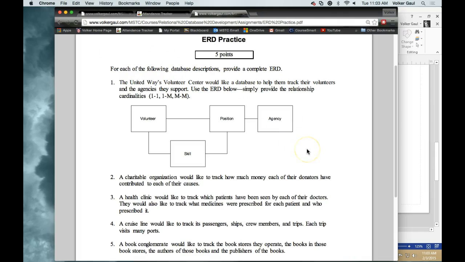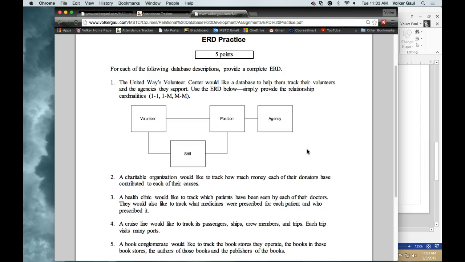This ERD practice assignment, I asked you to start taking a look at it, and what I really wanted you to do in this assignment was sort out what are the tables. Well, the first one I gave to you, so that wasn't too bad. I think you all got that one right. And here we're looking at volunteers who like to